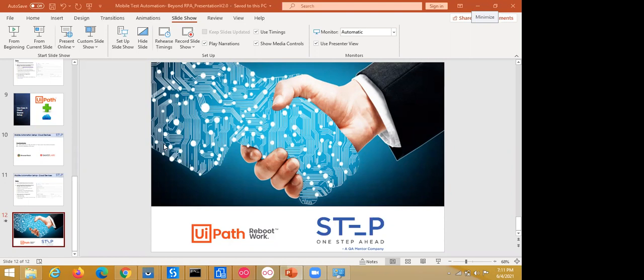So there are different use cases which we have already done in our lab. And we have found that with UiPath we can easily automate those, and it reduces the mobile automation development time by about 50%. So that's the solution we have received from UiPath.